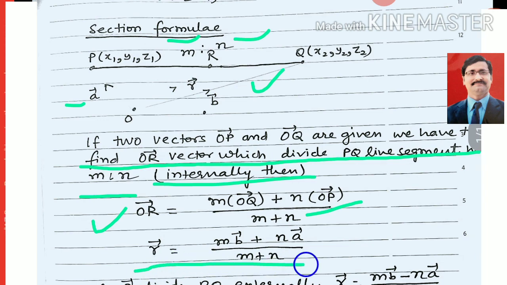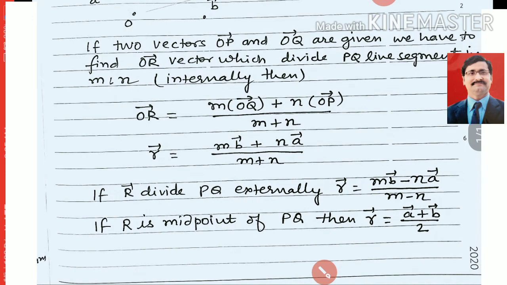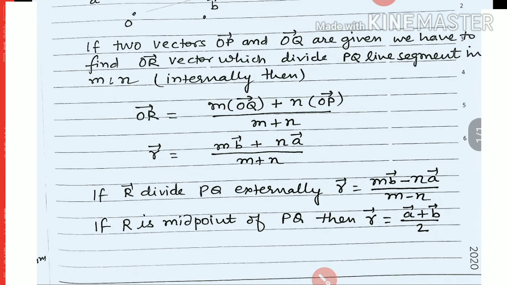So this R vector you can also write as (m B plus n A) vector upon (m plus n). And look here, in the same way, if R divides PQ externally, then R will be (m B vector minus n A vector) upon (m minus n). Now if R is the midpoint of PQ, then simply you can write R equal to (A plus B) by 2. I hope you understand all these formulae, and after that we will do the